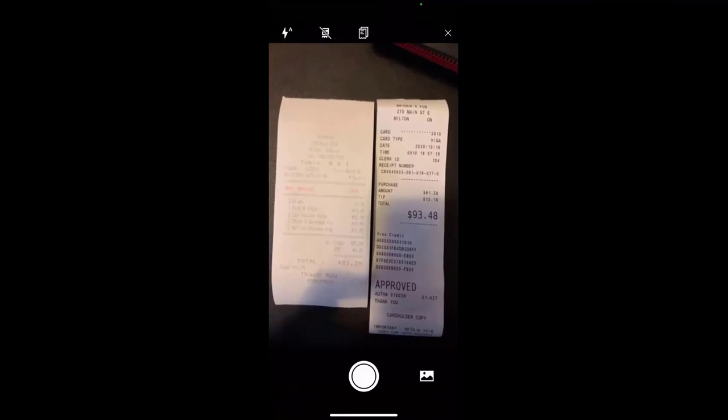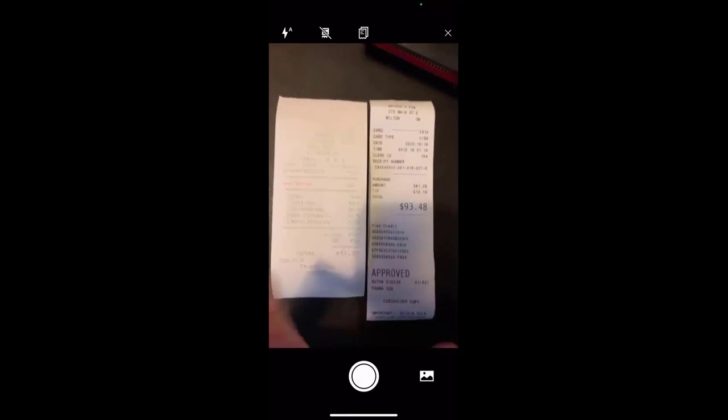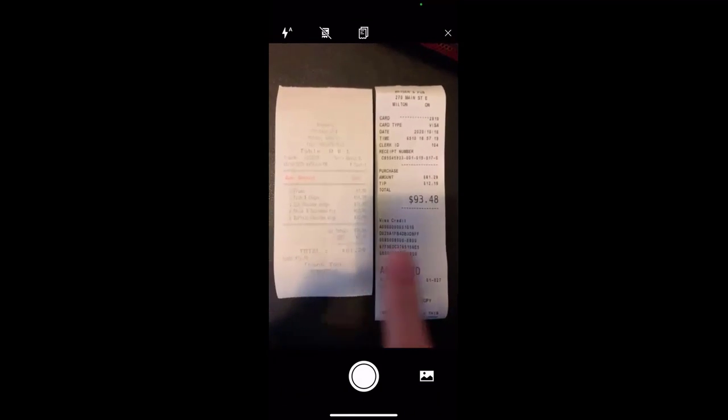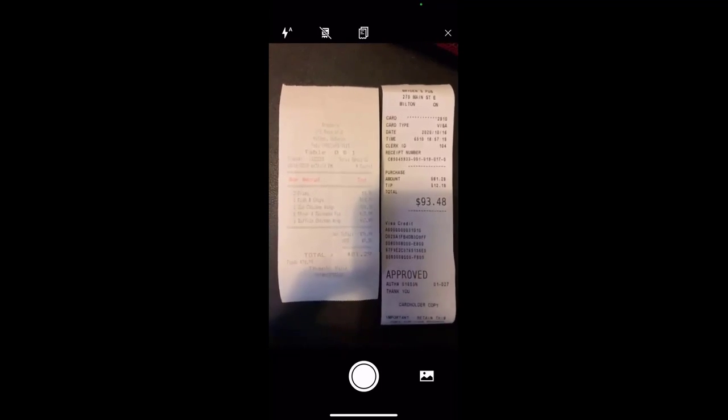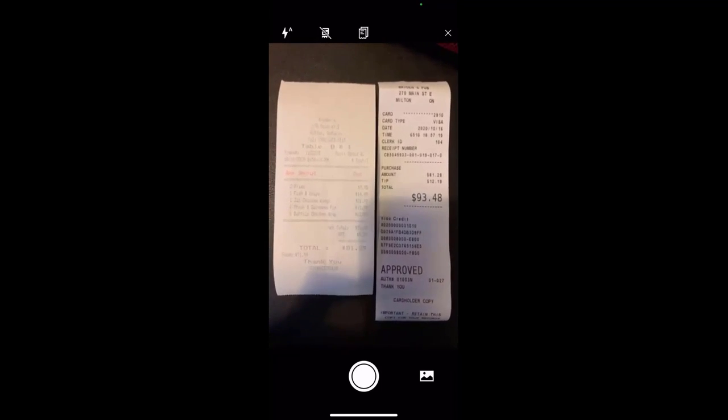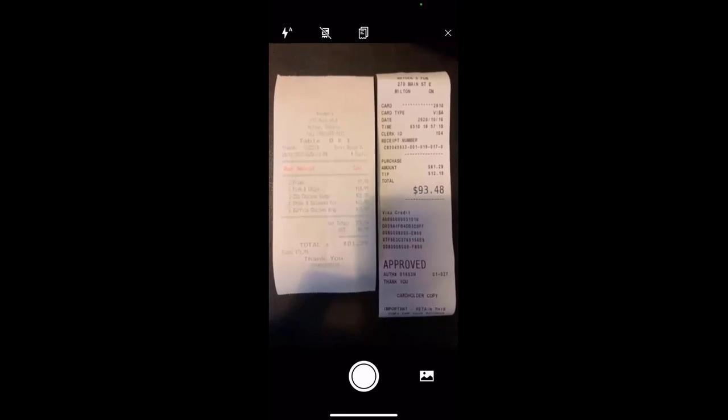Now, this particular expense was for a dinner. You'll notice there's actually two receipts here, and this is important. I have the itemized dinner receipt as well as the credit card receipt. And the reason I need to be able to include both is so my manager can see all the details associated with what this dinner